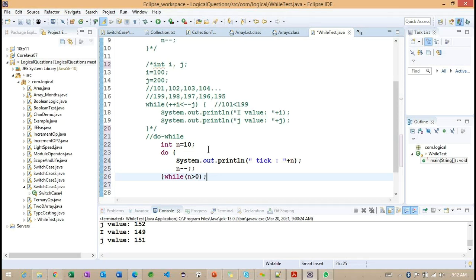So what happens here? What are you understanding? Can you please explain this example? What output are we going to get here?